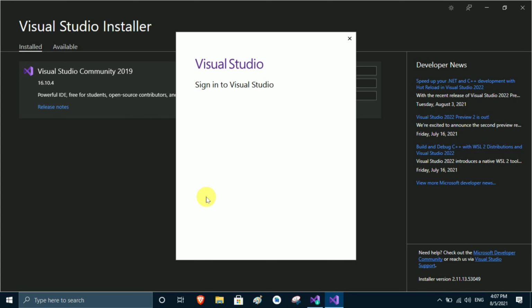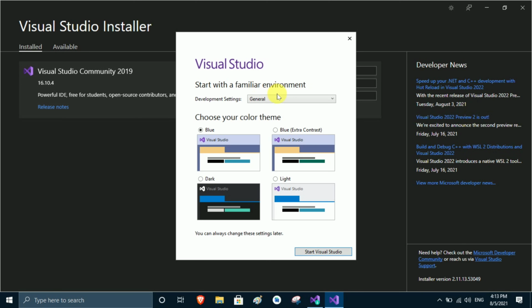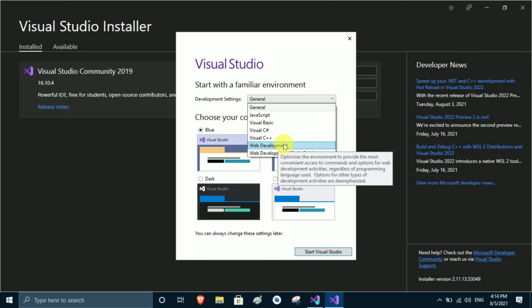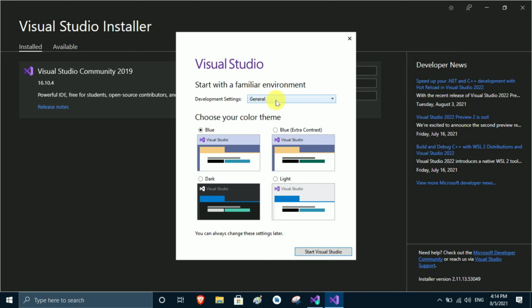So we wait, and here you see a sign in option is given, so we skip this for now and hang on. Then you choose general or JavaScript, Visual Basic, Visual C. Many options are available here, so I just click on general, and 4 themes are available for you.